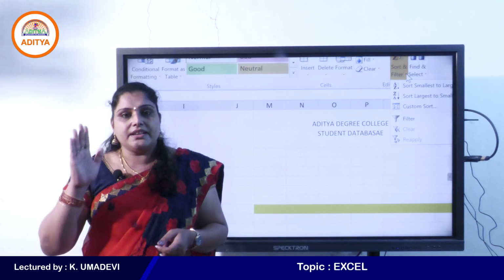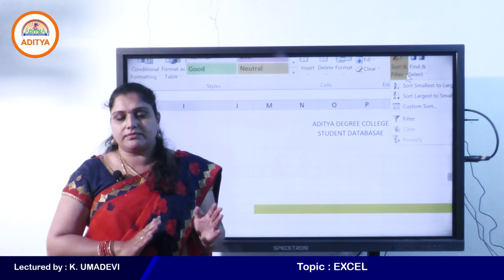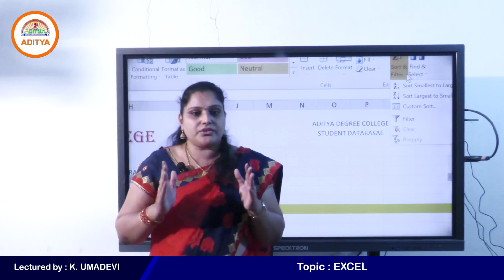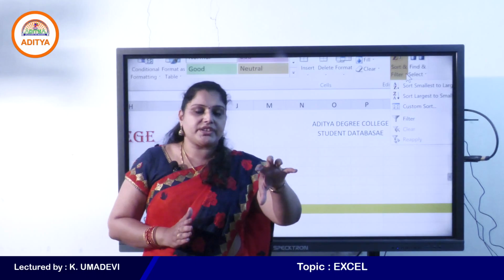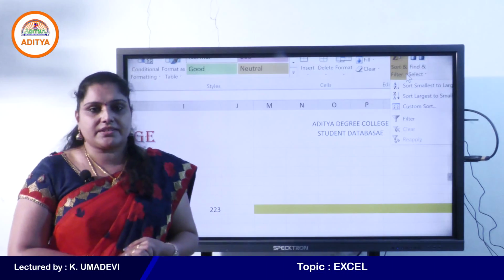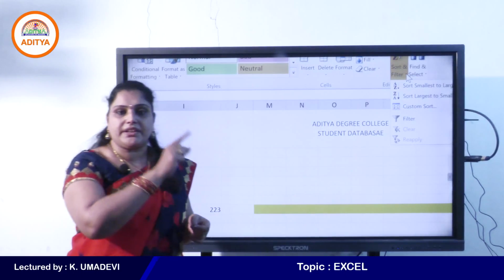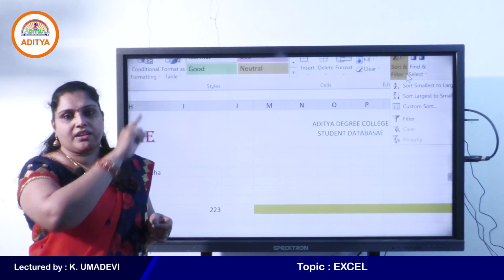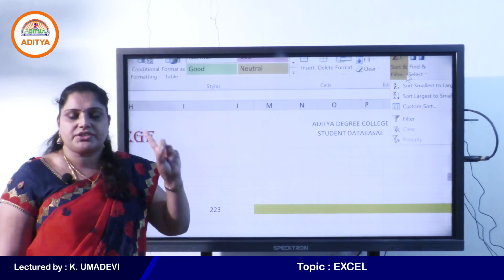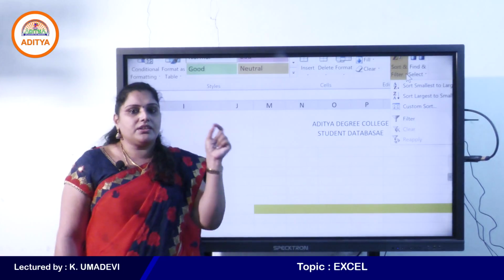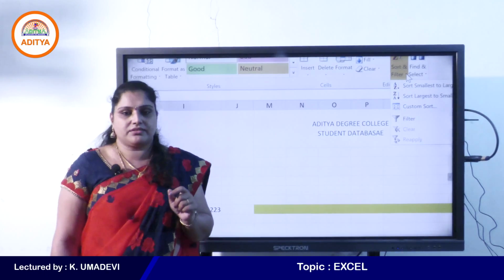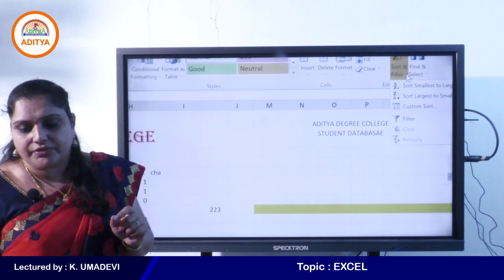Not permanently. Simply, filter is used to hide the data. Okay students, filter is one of the best features in Excel. Filter is used to display the columns data according to the specified criteria. Now I will show you how to apply filters. Again, the filter tool is available in the Data tab, right students? Or else there is a shortcut key to apply filters, that is Control Shift L. Control Shift L is the shortcut key to apply filters in your worksheet. Clear students? Now I will show you how to use filters.